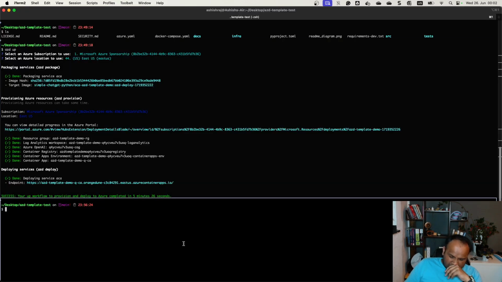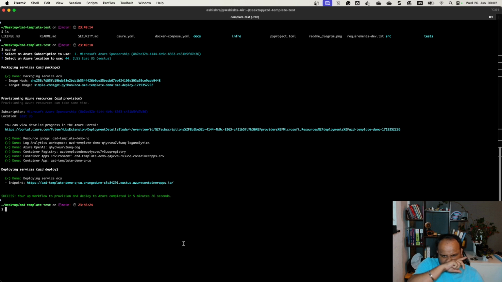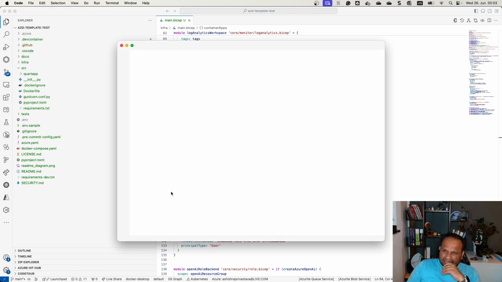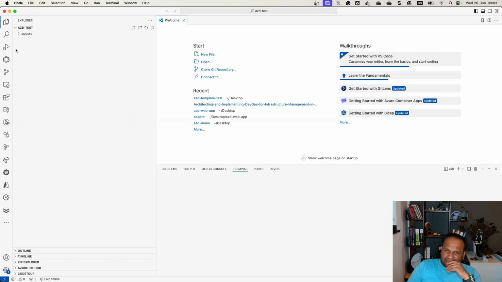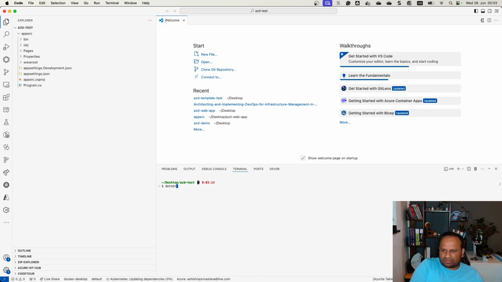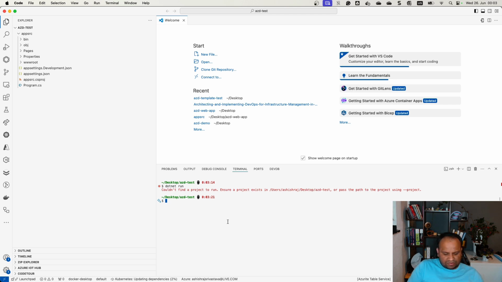Now the next thing that we are going to discuss is, suppose you have an application. So if I open the window and I'll open a folder here, yes, this one has an application. So I have an existing application, a simple .NET application, and if I go here and do dotnet run,